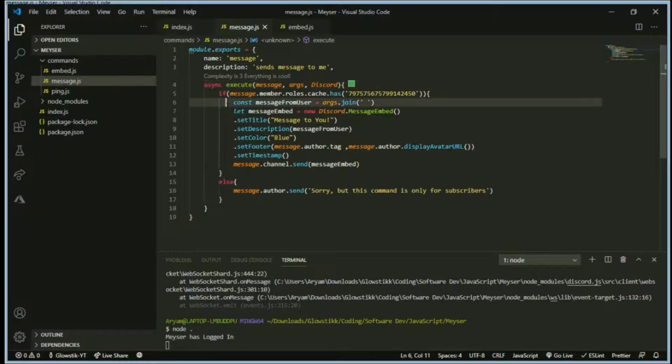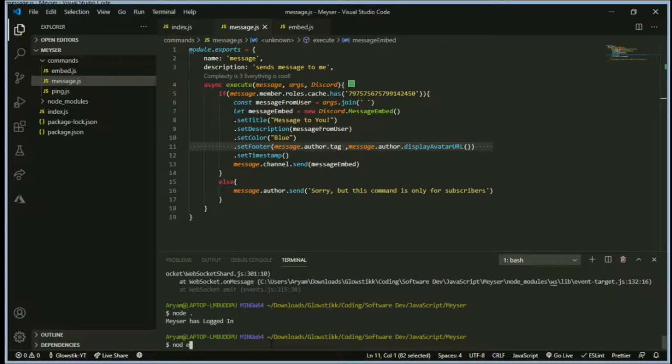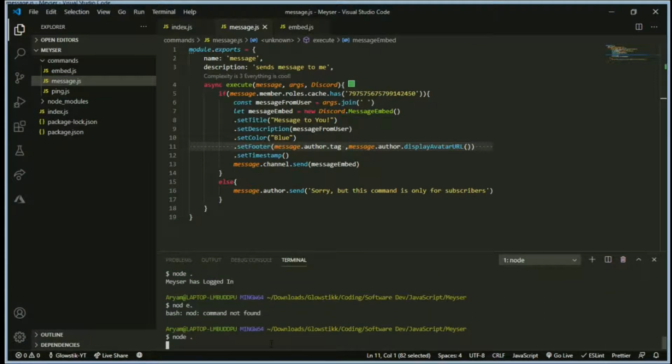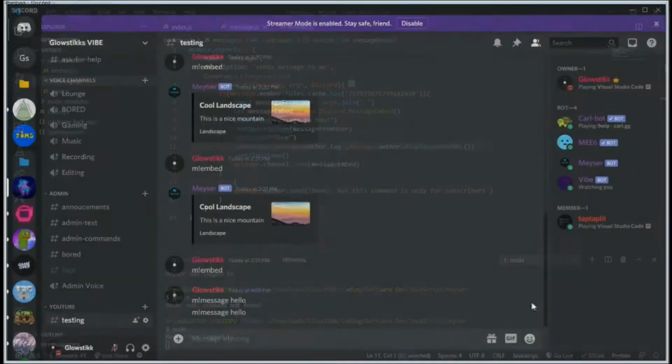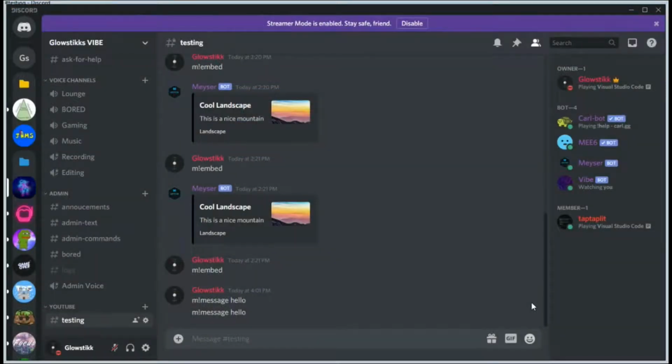It's right next to you. You don't have to do anything else. You just have to add this little tag here, and I changed this up a bit. If it looks a bit different, just copy that. But other than that, it's all good. So let's just run our bot again. It's node space dot, and now if we go into our Discord, sorry, I'm tabbing into it, and do message hello